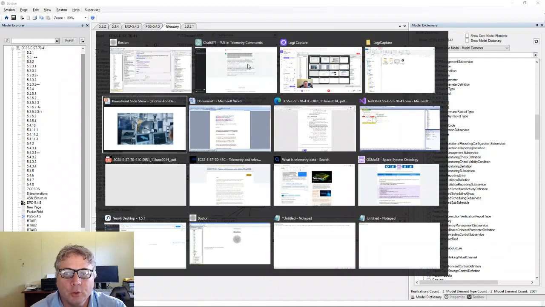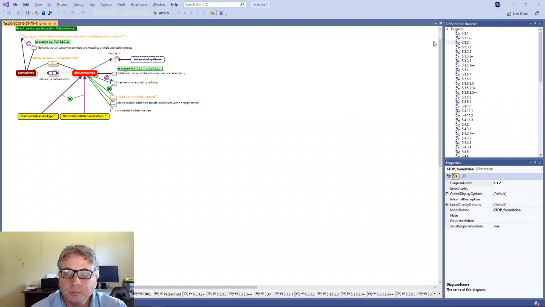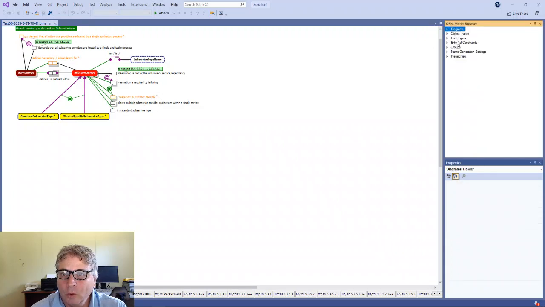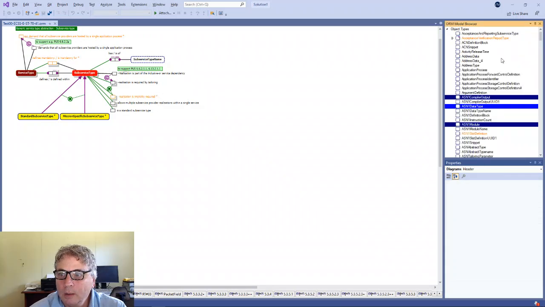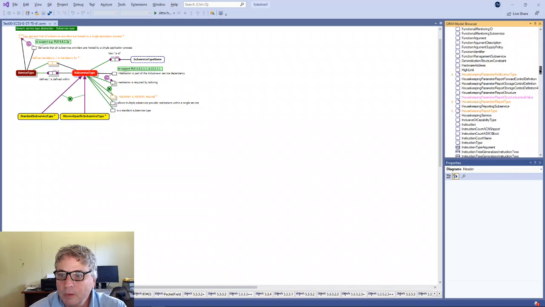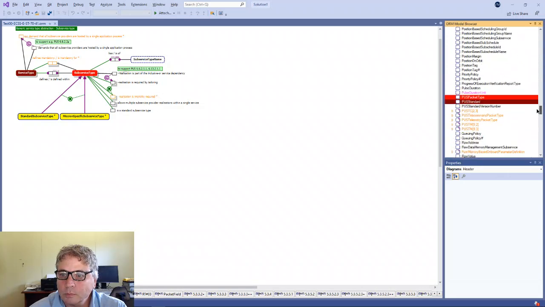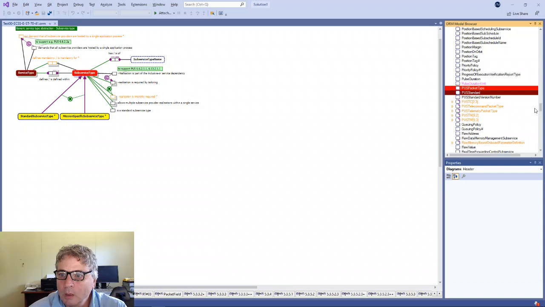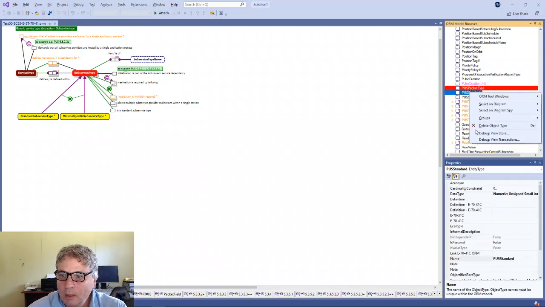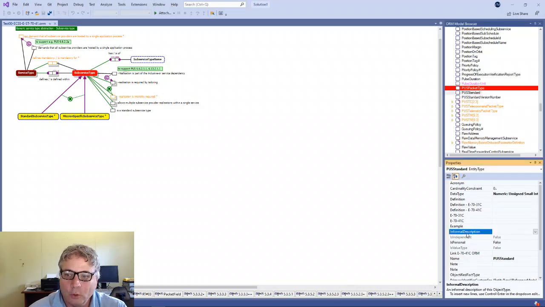if I go to Norma, I can probably look up the PUS standard inside the Norma tool, and there are its properties there, and it's got a field for informal description. So we can share an informal description back with Norma, which